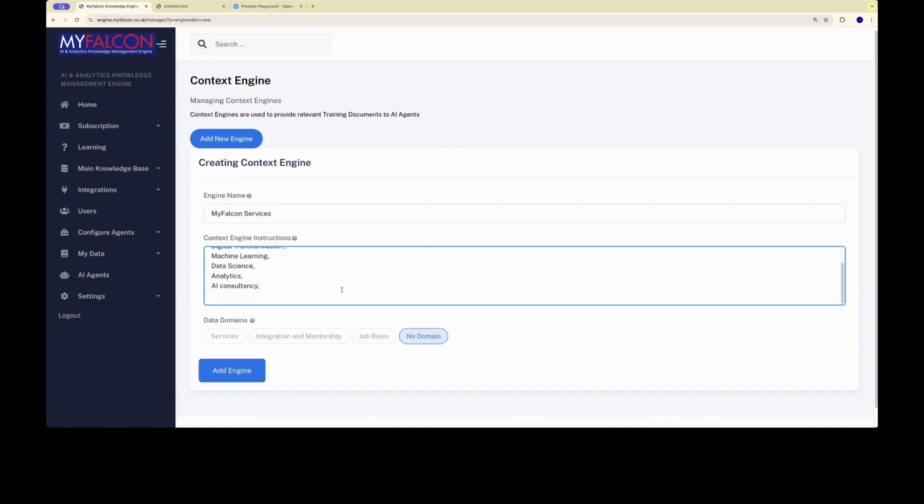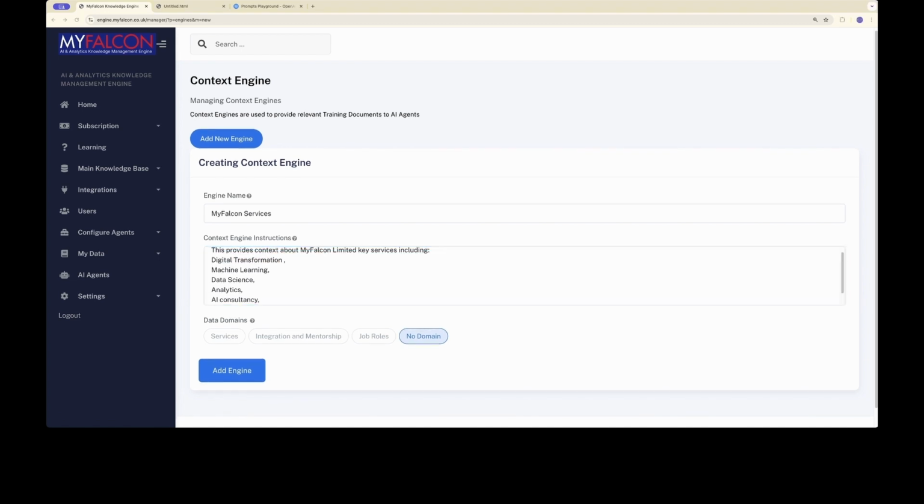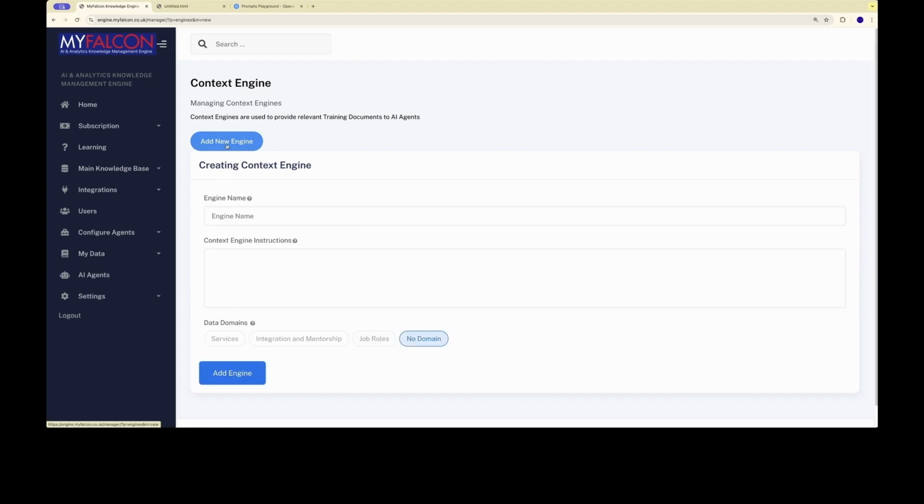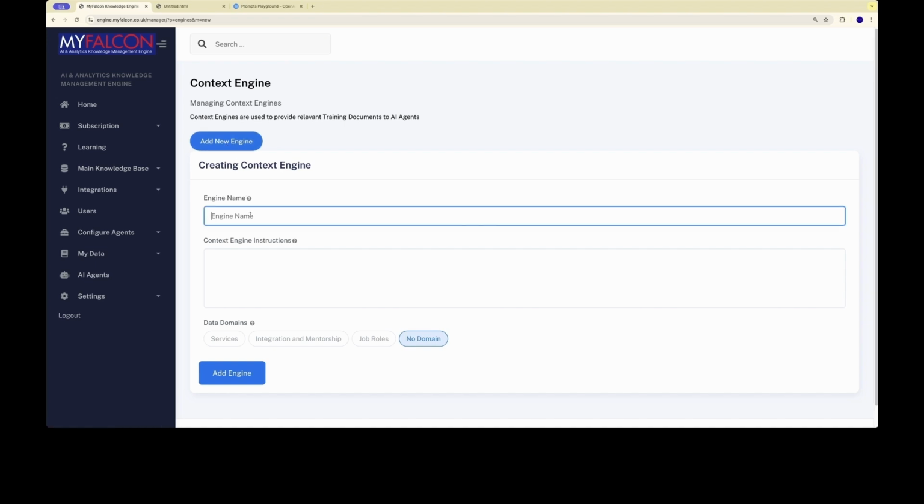The instruction is mainly providing some additional general information about the content that will be attached to the domains, or the purpose of the context engine, and we can then set it up and attach the right data domain for the context engine. And we can attach multiple domains to the context engine. So if there's a job that the context engine needs to do based on multiple data domains, it can do that as well. But in this case, we keep it simple and we just provide one data domain per context